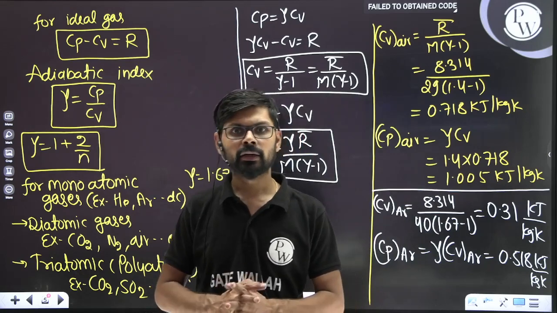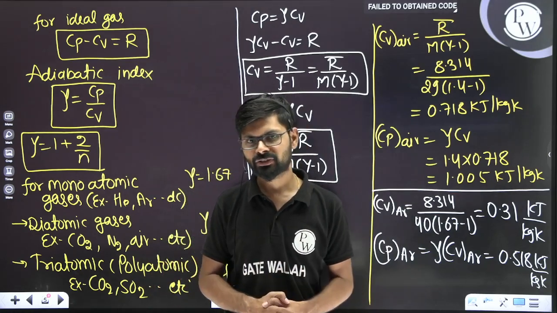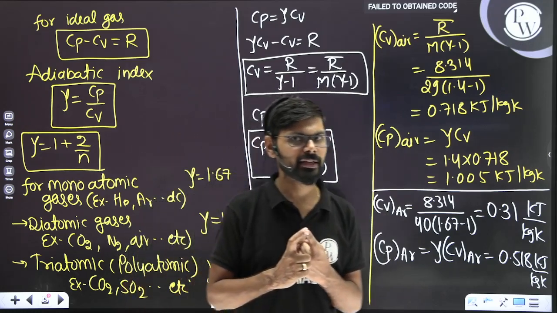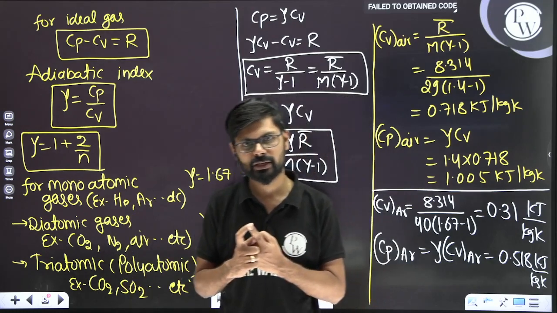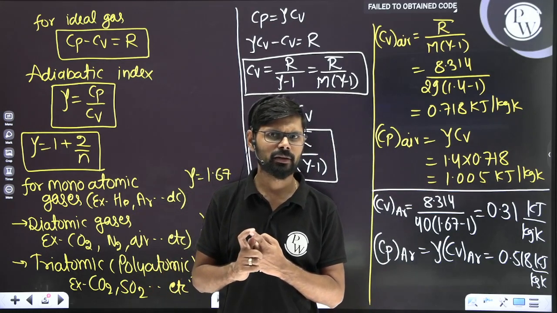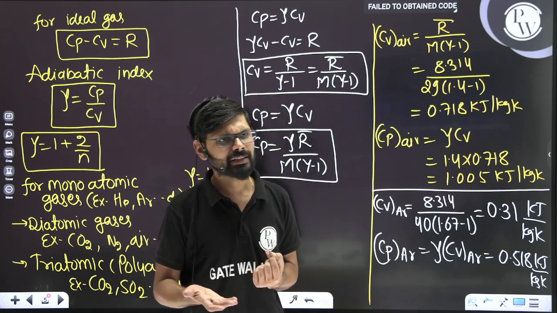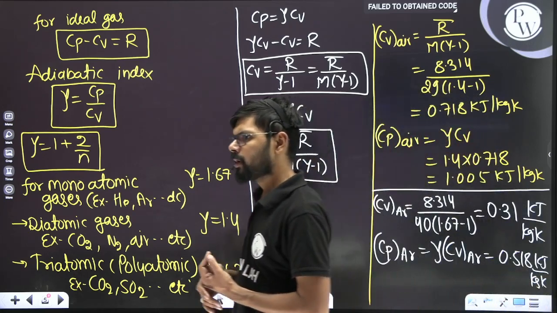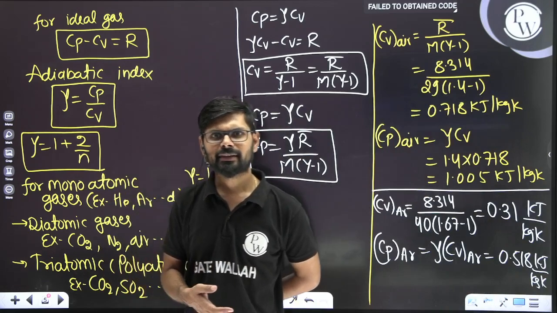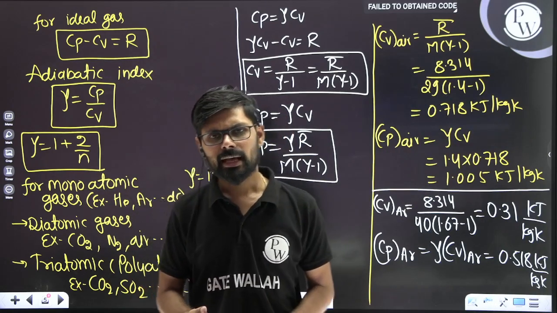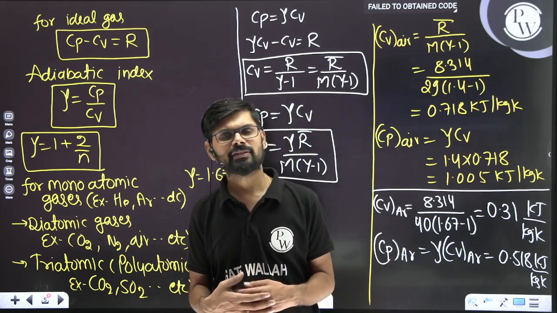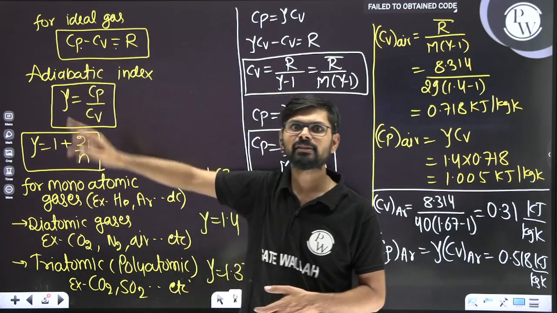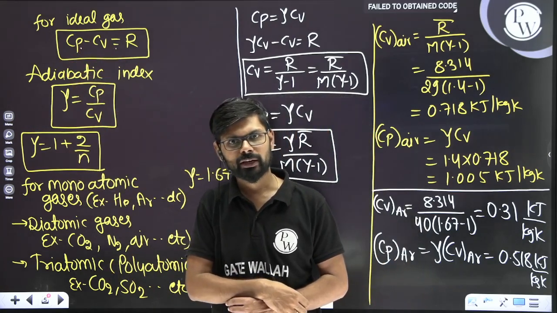So basically this is all about the basic properties. Up to now what we already studied is what an ideal gas is: any gas which obeys the ideal gas equation PV is equal to MRT at all pressure, temperature and volume is called an ideal gas, right? And this equation can be written in another form, on molar basis, that is PV is equal to N R bar T, correct? And we can calculate the characteristic gas constant with the help of molecular weight, as well as the values of Cp and Cv. Cp is specific heat at constant pressure, Cv is specific heat at constant volume, correct?